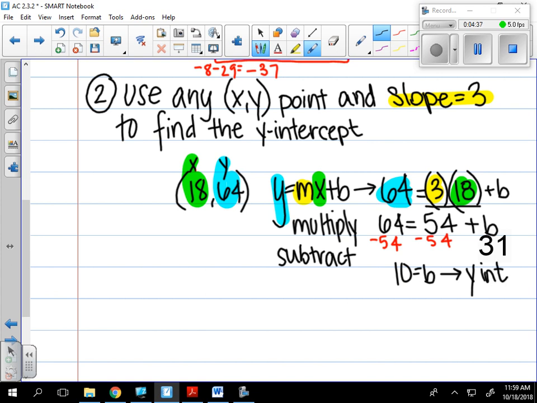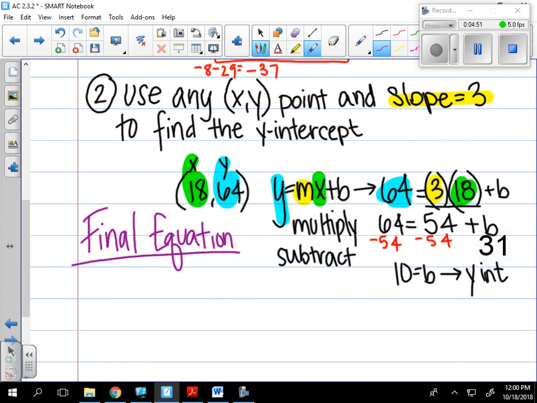So remember, the whole point of this was to get an equation, right? So first we found the slope, then we found the y-intercept. So now let's put it together. So your final equation, y equals 3 times x plus